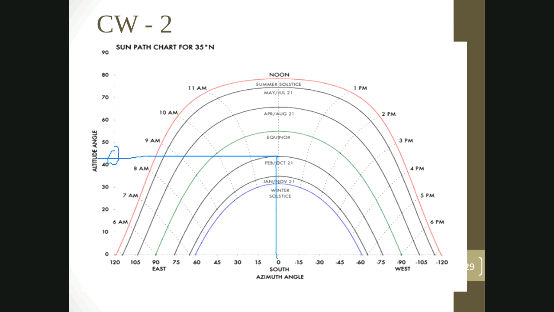If I have another example, I want to find the solar altitude and solar azimuth for 21st of October, say at 10 a.m. So where is the October? This is 21st of October, this line. At 10 a.m., this is the intersection of the hour, this is a.m. So intersection of 10 a.m. with the 21st of October, this point. And I will go horizontally. This value represents the altitude, and down here